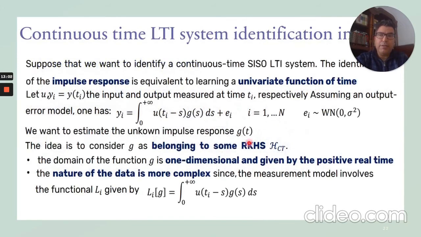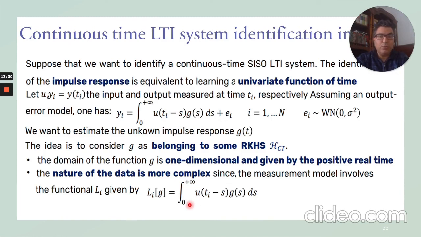And an application of this is if we use a continuous-time linear time-invariant system, and this is the equation of the system. It's the integration of inputs with the impulse response. And the problem here is not like machine learning. This is a convolution between the impulse response and the inputs. So the goal is to be able to estimate this function here.